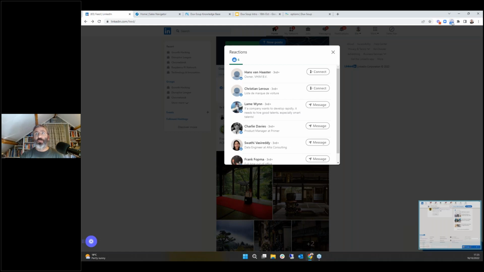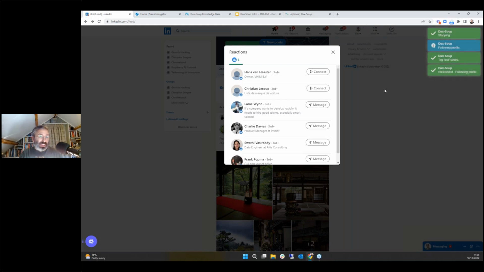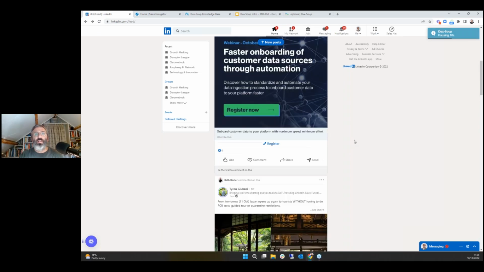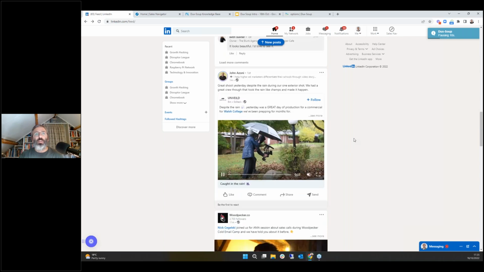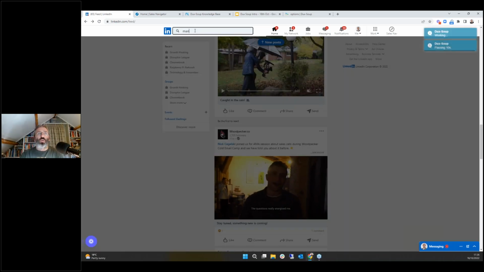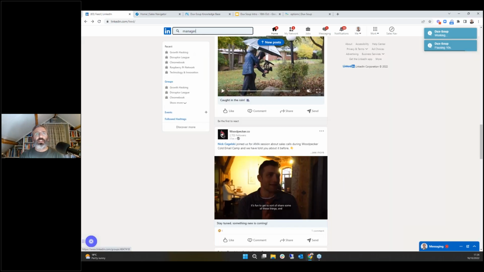So we'll stop the robot there rather than leaving it to run for too long. But that's essentially what you can see there, Dux Soup running against this particular list. Mention a couple of other lists as well. So we had lists of people here who have reacted to a post. If we just go and do a quick search,